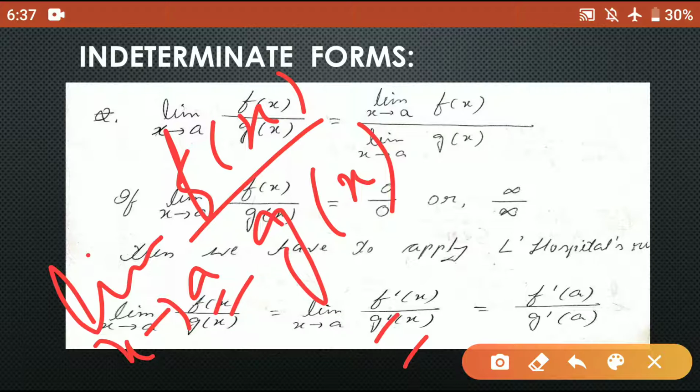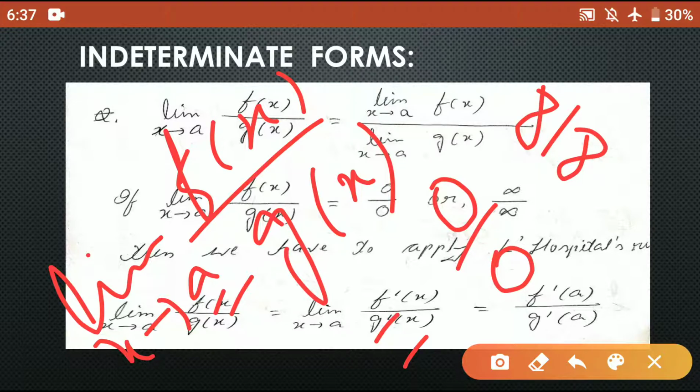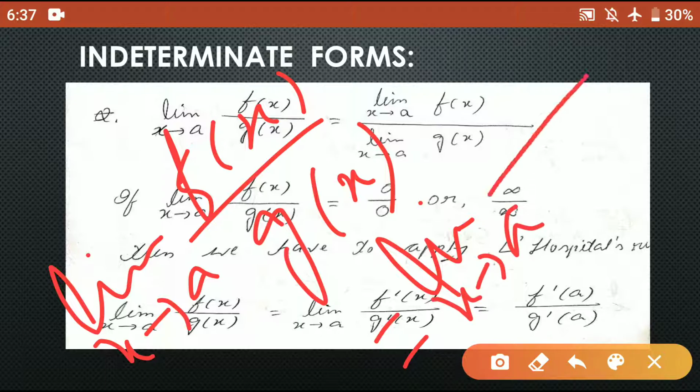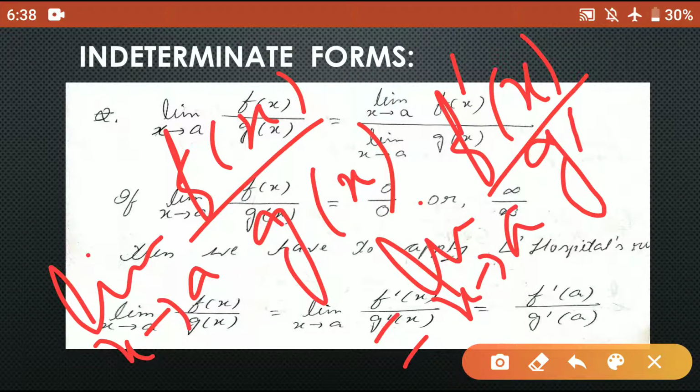Okay, and after that, if the form of the function is 0 by 0 or infinity by infinity, then these two forms are known as indeterminate forms, and if we are getting indeterminate forms, then we have to apply L'Hospital rule. L'Hospital rule means we will write like this: limit x tends to a, we have to differentiate the function in the numerator part, that is d/dx of f(x), which is f dash x, and we also have to differentiate the function in the denominator part, that is d/dx of g(x), which is g dash x. Okay, it is the